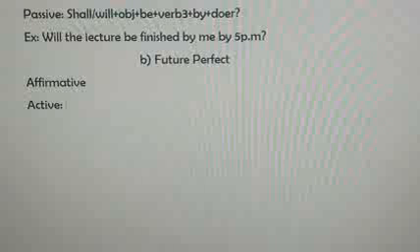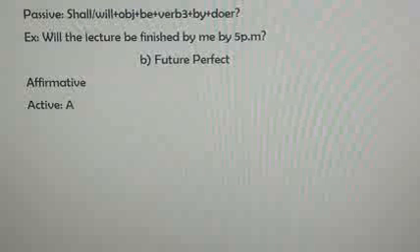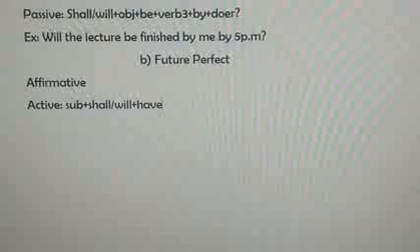For the future perfect, the subject will come first, and after that the auxiliary verb like shall or will. Then I will place have over here. Then I will use the third form of verb, and then the object will be placed over there. Now let me give you a suitable example.